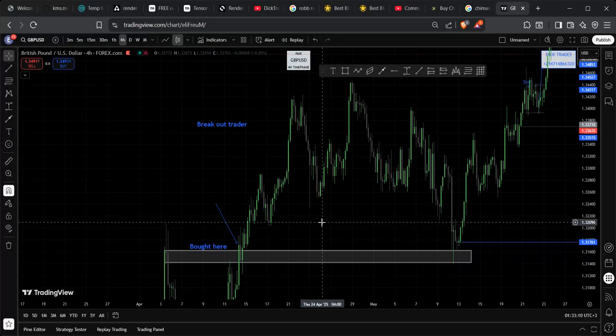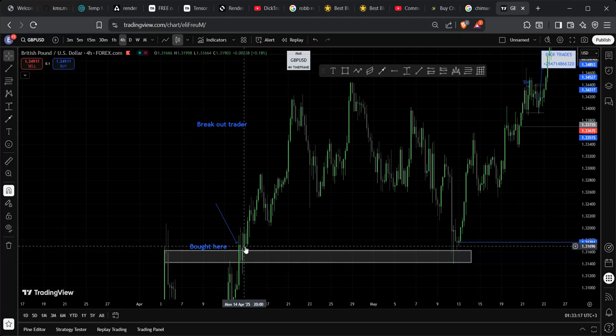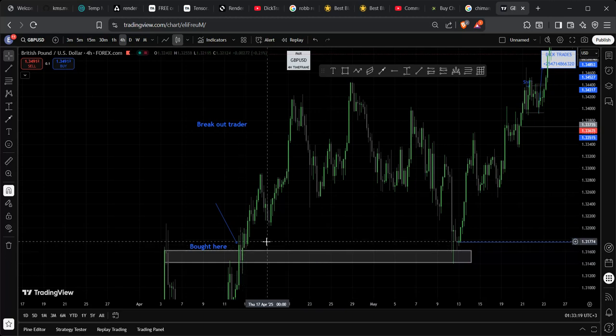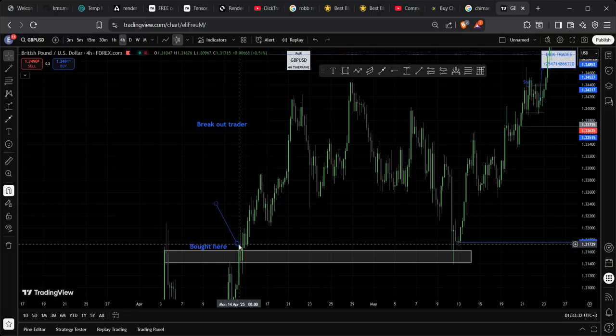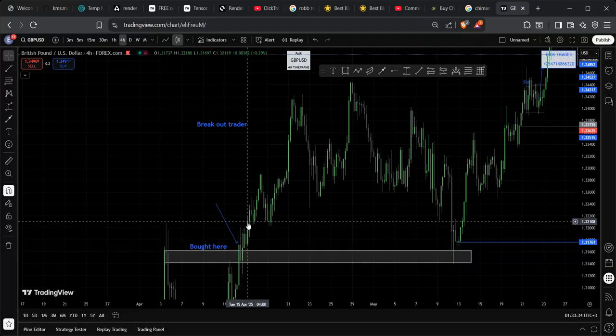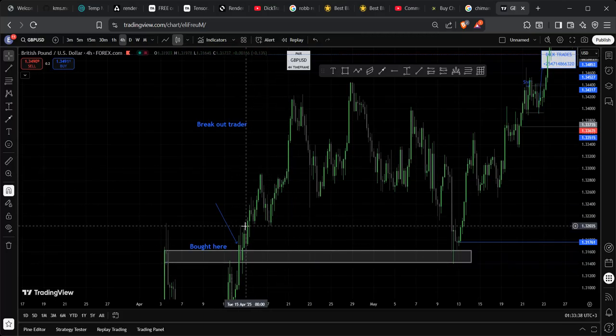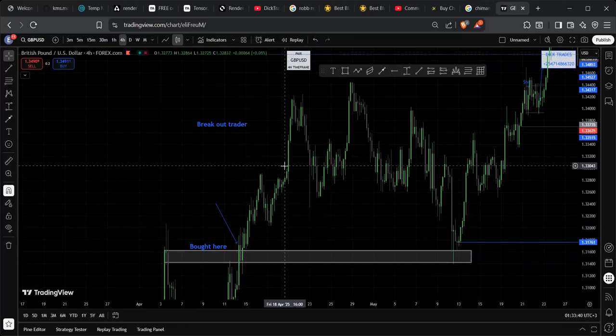That's the first trader. Now we have another trader. So this one bought over here, and we have this other one that's skeptical. They don't want to just enter as soon as it breaks a level. They want to see. It doesn't mean he'll specifically buy from here. He can buy from here. He can buy from here. It doesn't matter where he buys, but his target is